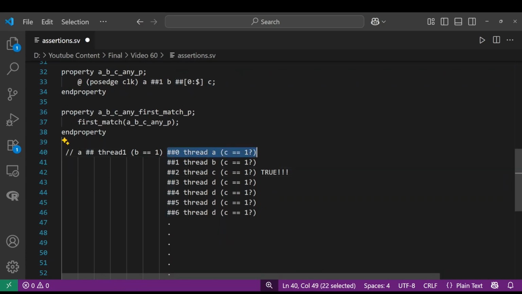Thread number 0 is created, thread A is created, and it checks whether C is 1 or not, and it fails. The C is not 1. Then thread B is created, and it also checks for the same thing, and it fails. Then thread C is created, and it checks. And when C is true in the second clock cycle after B is true, then what it does